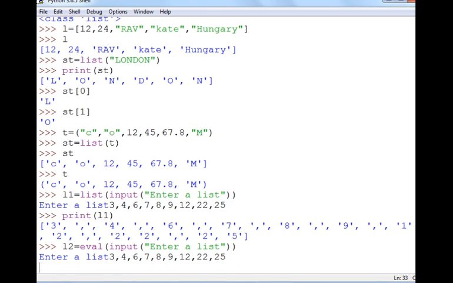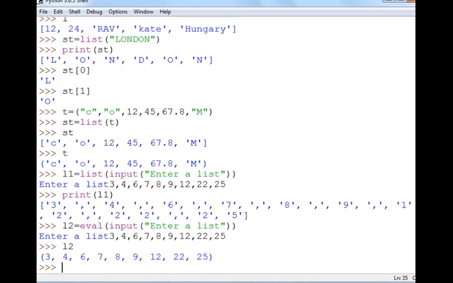When I press enter, let's see what is there in L2. You can directly write L2 or print L2. Now you see you are getting numbers, not string values. So if you want to generate a sequence of numbers, you can use the eval function instead of the list function.